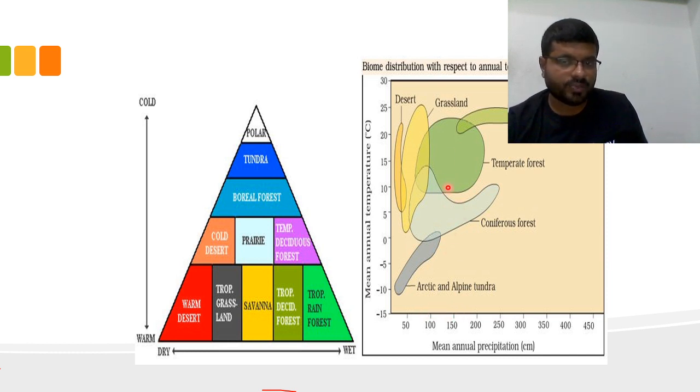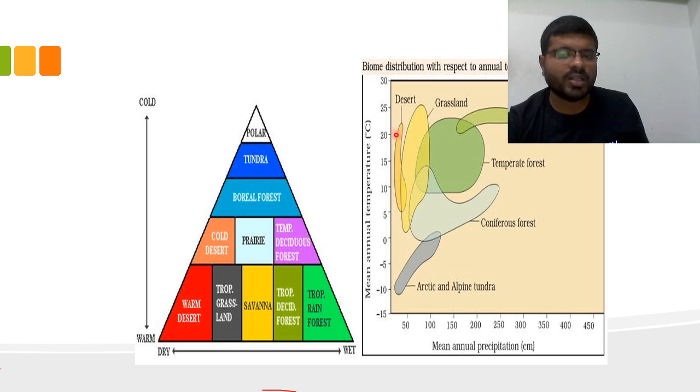Coniferous: you see, temperature is reducing now. Taiga is boreal forest. Temperature is around 10 degrees, 5 degrees, but not less than 0. As it is not less than 0 it is taiga, but less than 10. And rainfall is very low on average. You see desert and grasslands here. What is happening here? Temperatures are very high, but rainfall is very low. That's why it is grassland, that's why it is a desert.